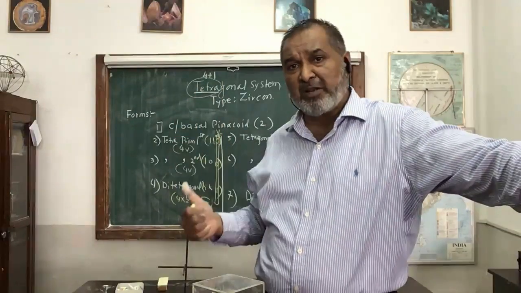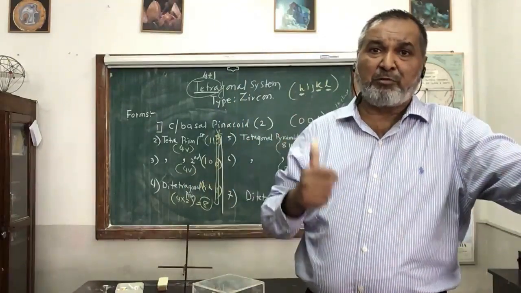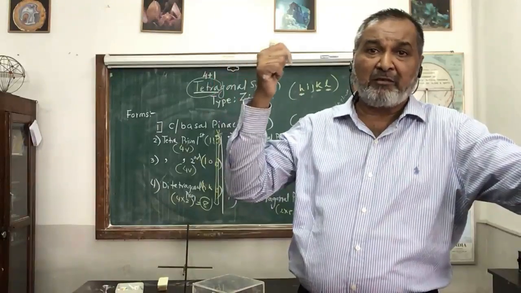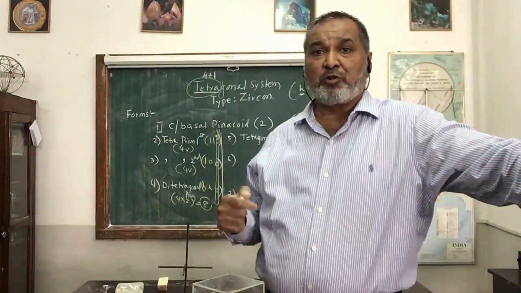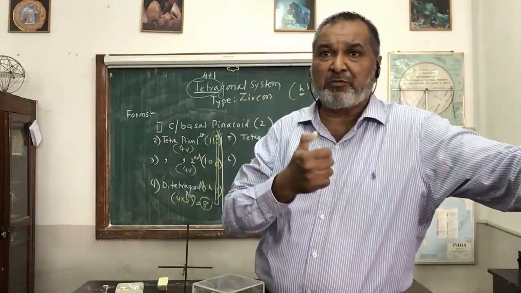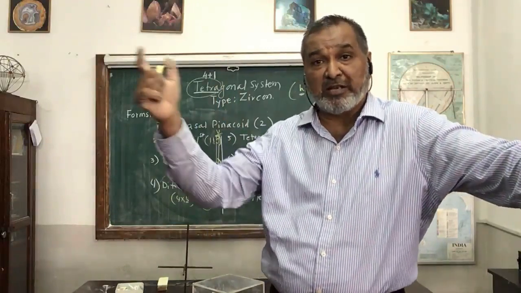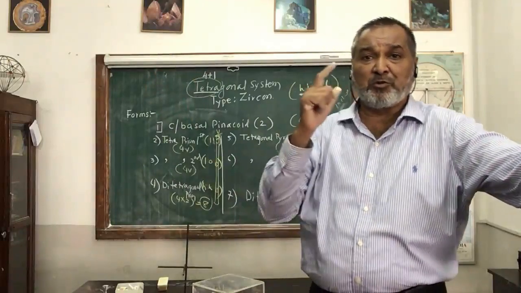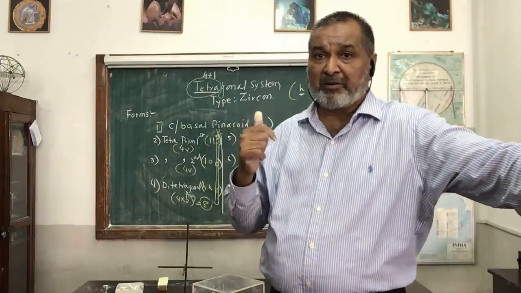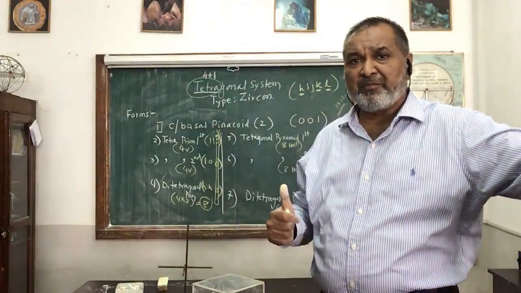But coming to the next one, second order, B axis remains parallel, 1 0 1. And the third one, when you are going to make the ditetragonal pyramid, all the 3 axes which cut 1 1 1 in first order will cut at unequal lengths. So we have to make out alphabetically. H will be for the A1 axis, which is the shorter one, K for A2, that is the intermediate one, and L for the longest, that is the C axis. So HKL, we use this symbol for the ditetragonal pyramid. So these are the forms which are available in the tetragonal system, zircon type.